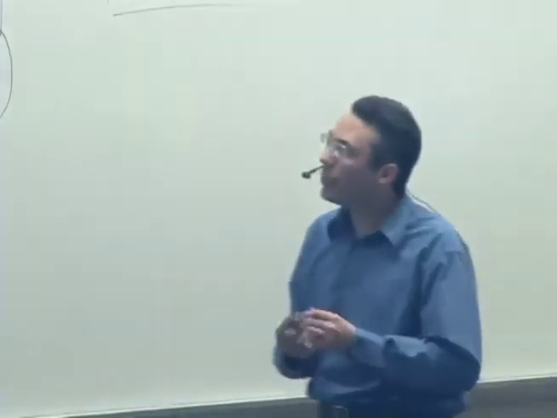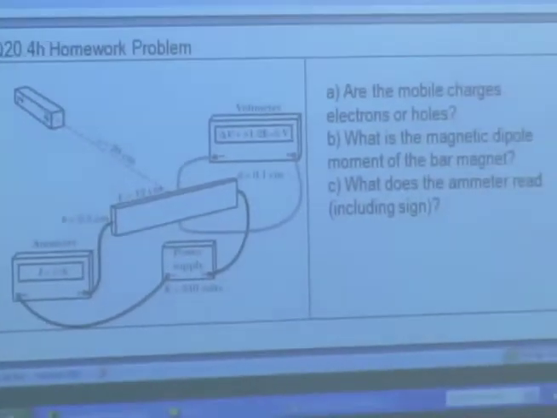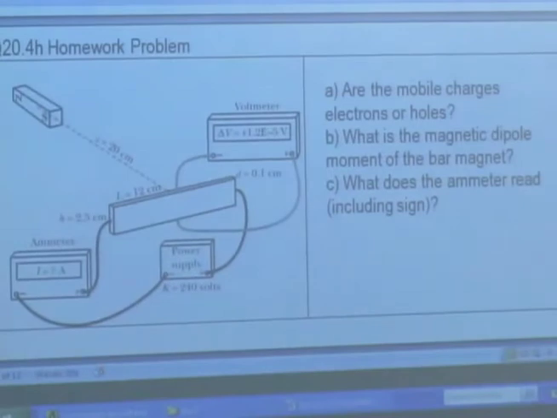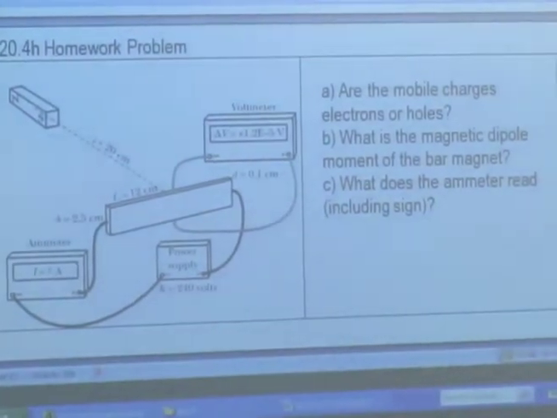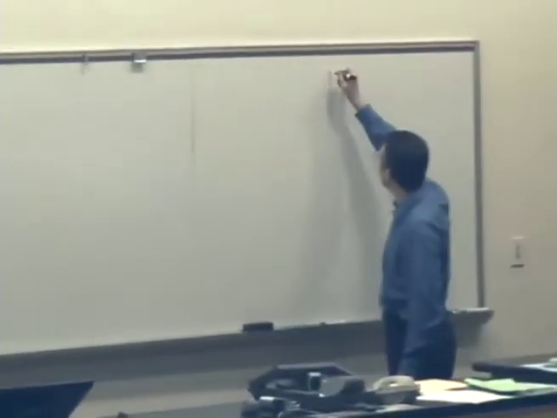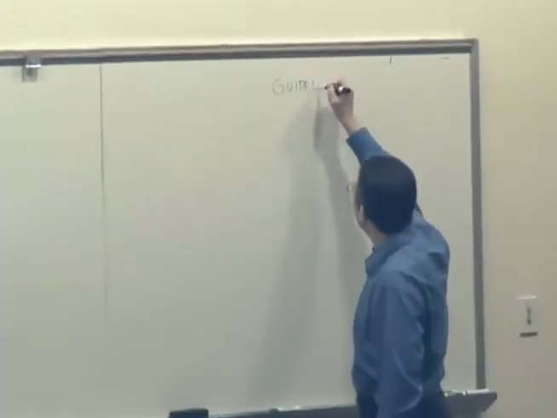And we left off last time looking at this problem, which I've redrawn. There's a couple of different questions we can ask here. Are the mobile charges electrons or holes? We did that last time, but let's just real quick run through this again. If we want to write some guidelines or tips down for dealing with the Hall effect,